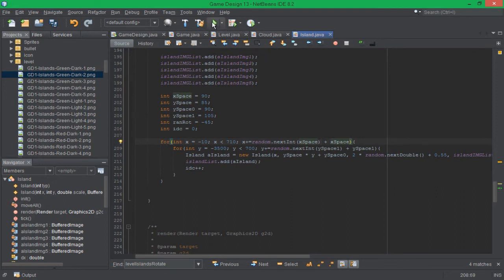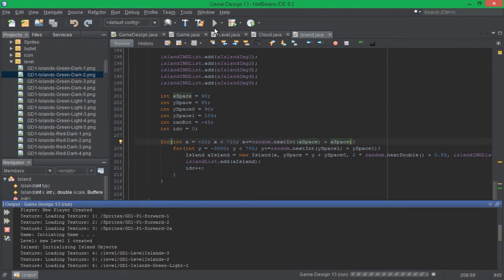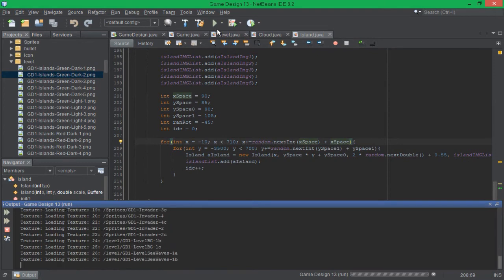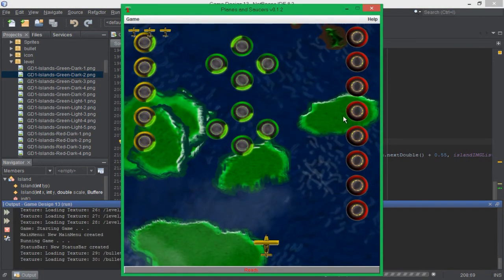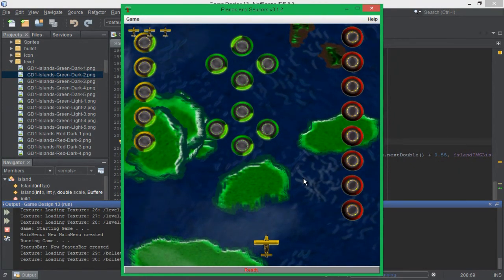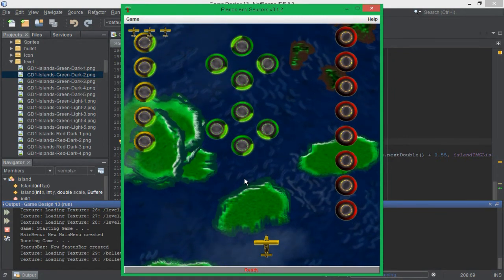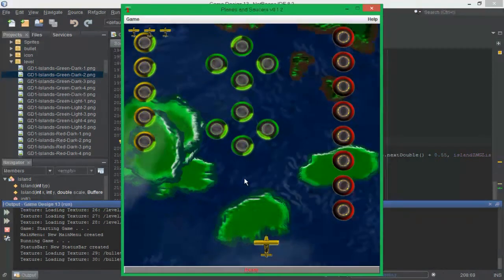Alright. Hard to tell the difference now. Okay. So if we didn't have the drift on the x, that might work. But